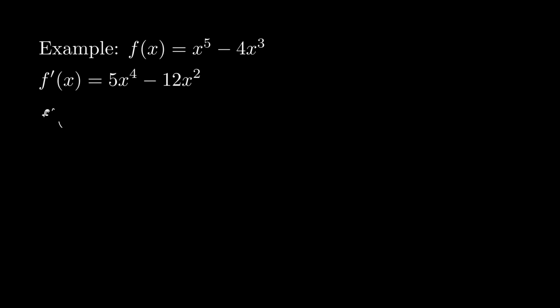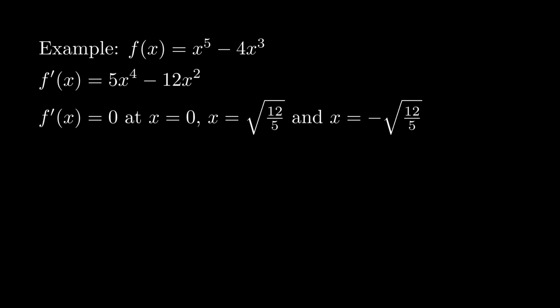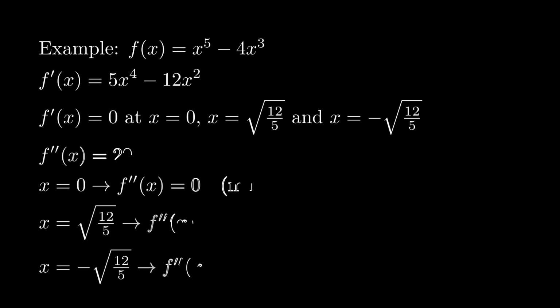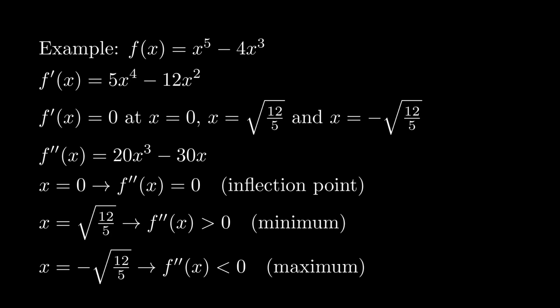Let's see this in action with the polynomial f of x equals x to the 5th minus 4x cubed. Taking the first derivative and setting it to 0 gives us critical points at x equals 0, square root of 12 over 5, and negative square root of 12 over 5. Checking the second derivative at these points reveals a maximum at x equals negative square root of 12 over 5